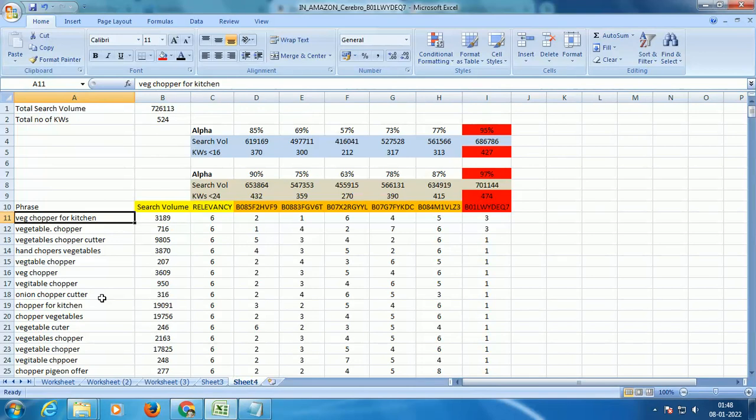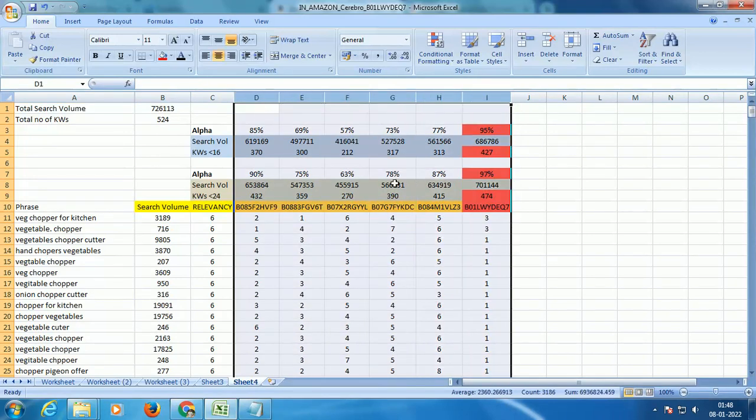Now there are various perspectives here while we are doing your master keyword research. This data can also help you when you're doing your product research. Let's say you are looking into a market where all your competitors are already ranked for the majority of the keywords. Then you need to really assess whether there is some scope for you to differentiate and enter the market. If all your competitors are already ranked and there is no room for you to improve, then it is very risky to enter this market.